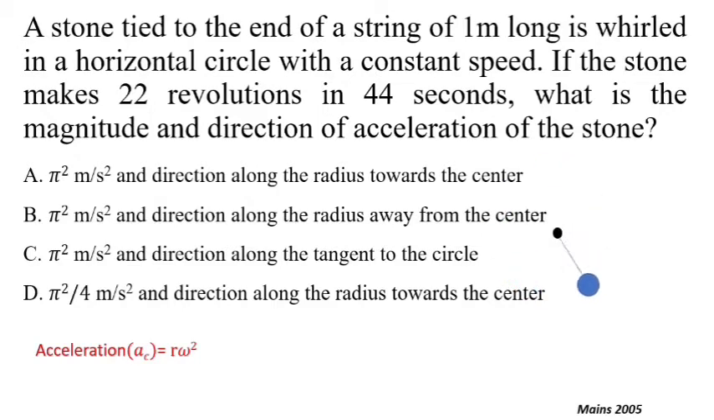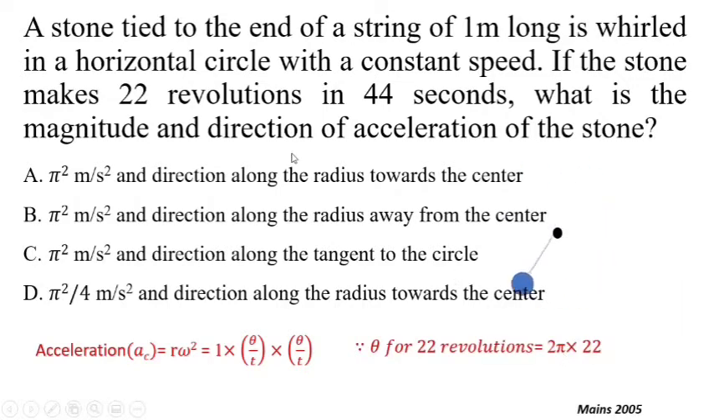We only need to find the magnitude of the acceleration, that is r omega square. Here the radius is 1 meter, and to find omega we can write theta by t. So it becomes 1 into theta by t multiplied by theta by t. So theta for 22 revolutions will be equal to 2 pi into 22, because for one revolution theta is 2